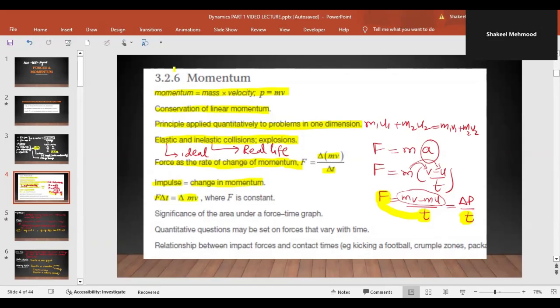So then the significance of area under the force-time graph, and quantitative questions, these three things will be different for you. And these all things are your O level, and this is a brilliant thing that you are already aware of all these necessary topics. Okay, so